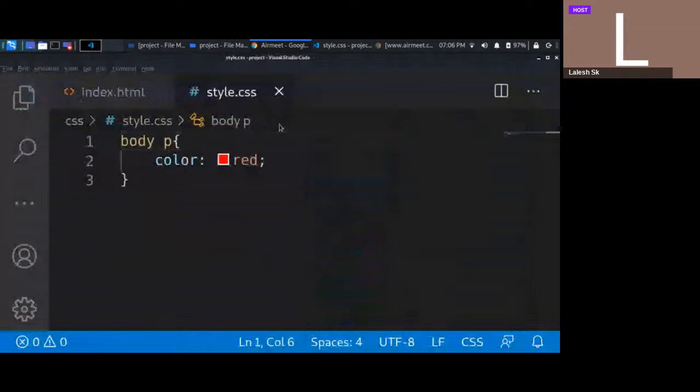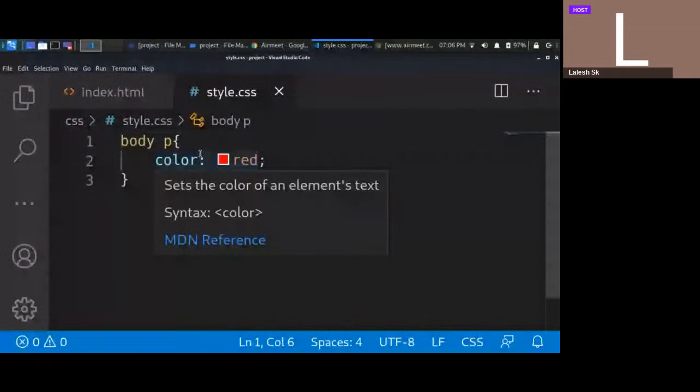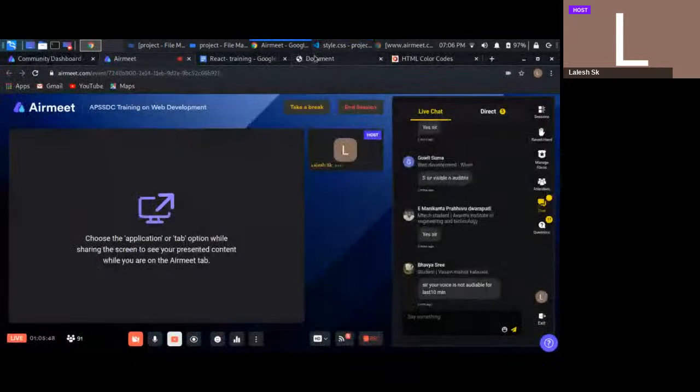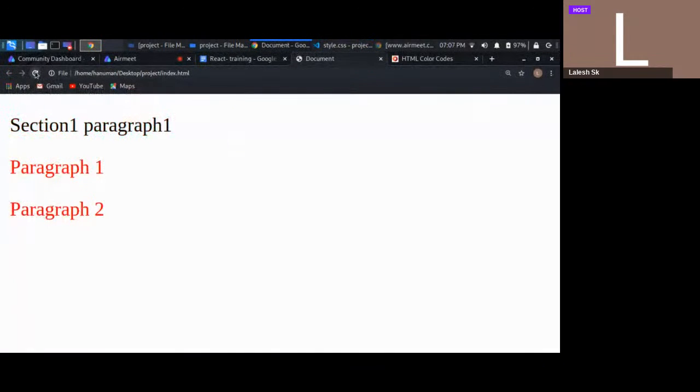Okay. So I'm going to use greater than between the elements, body and paragraph tag. And save this, we have to execute. Now if you observe this, we are able to apply the styles to